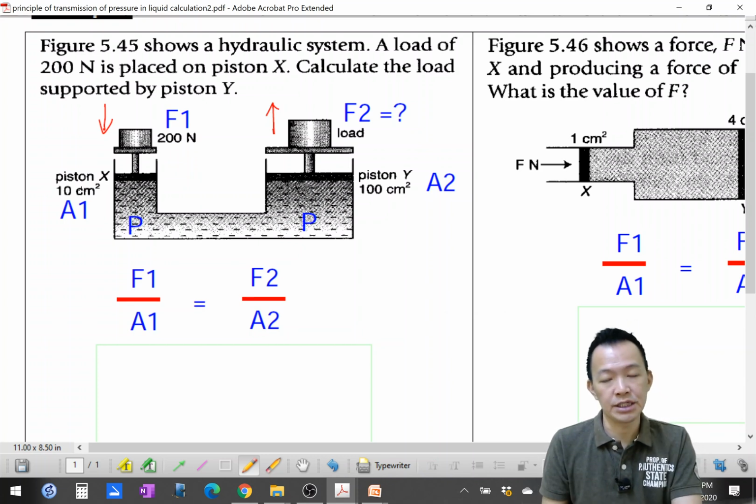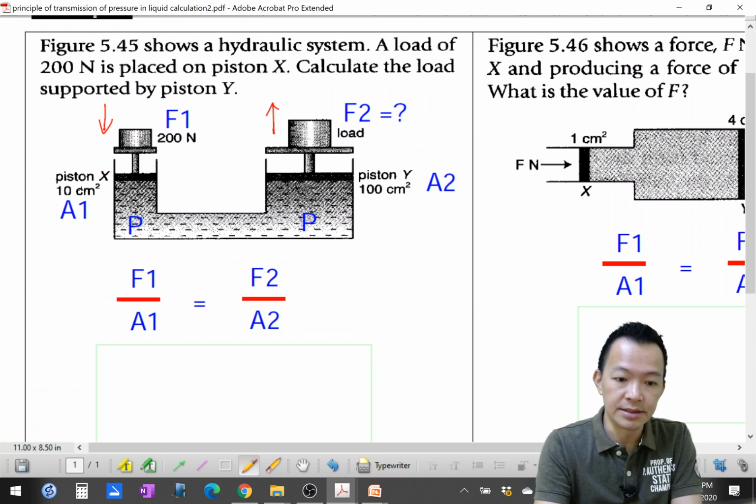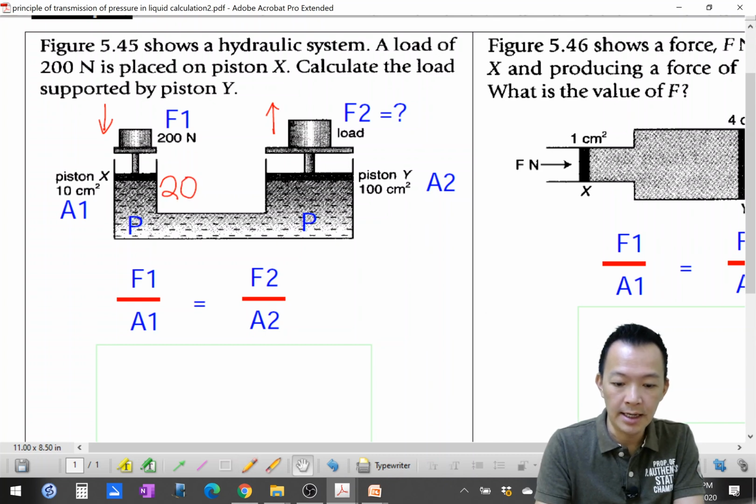So when a force acts on a unit of surface area, 当一个力量压在一个表面上, it will produce a pressure. 它就会产生一股压力。So force 200, area 10, so the pressure produced is 200 divided by 10, 对不对？And the pressure produced is equal to 20. 它产生的压力就等于20。